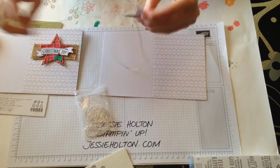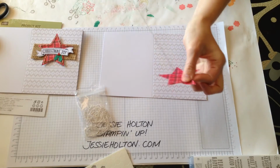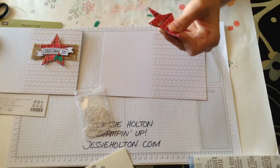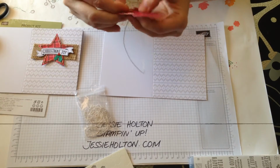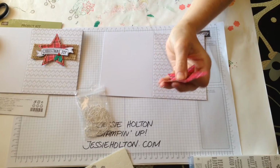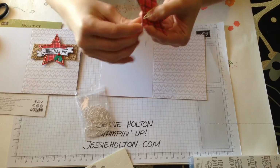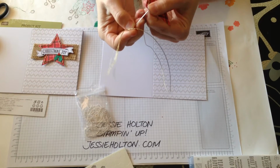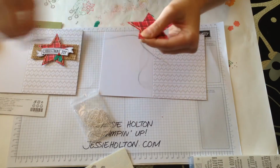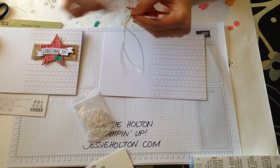So you go through and then back up the next one, and then you do a little loop-de-loop. So you head back over to this one, try to go down next to the thread rather than through the thread that was previously there, if that makes sense, and then back up around through the hole that you came through. So I'll do this one quickly, and hopefully you guys understand what I mean by the